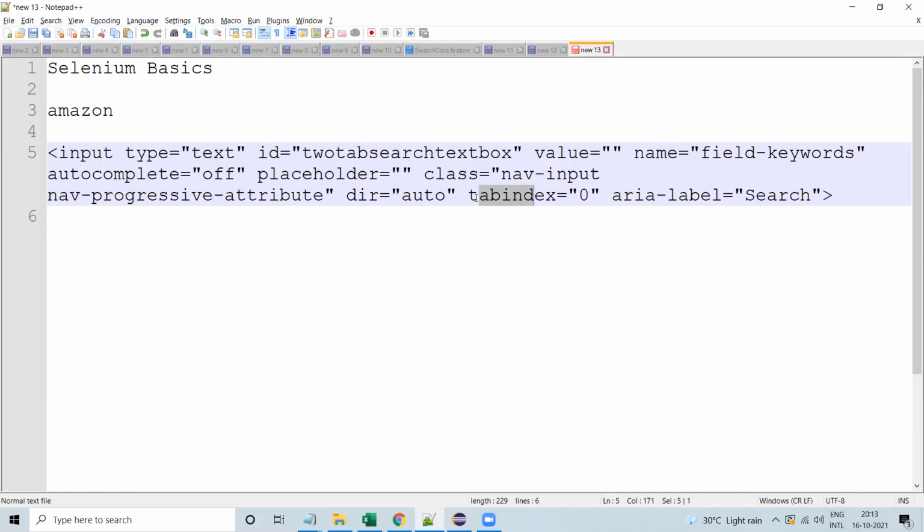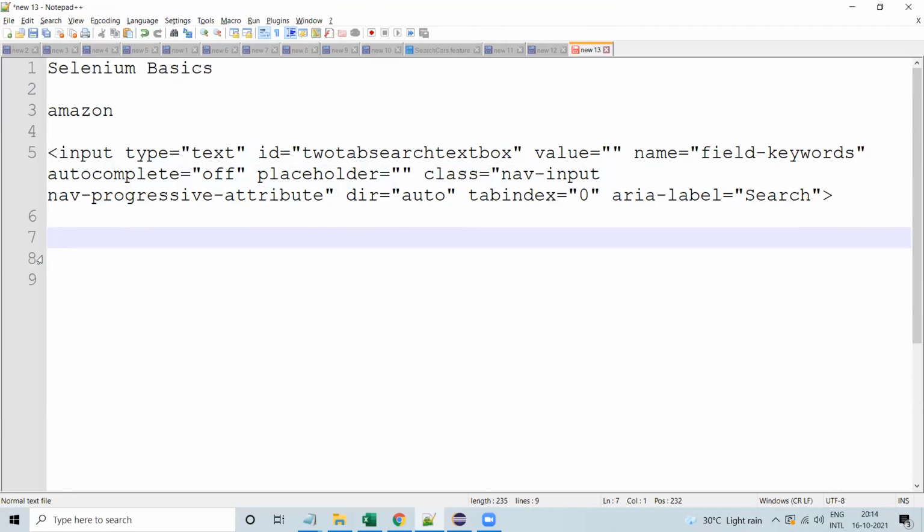Basically we need to make sure about a few things only, which are called locators. What is a locator? Locators are one of the important parts of your automation. I'm not going into locators in depth, I hope you people know that. There are 8 major locators provided by WebDriver.